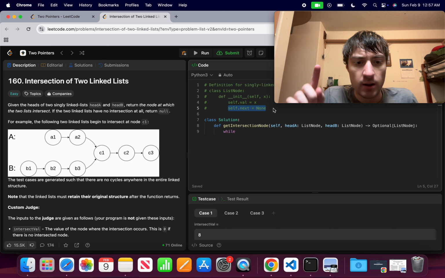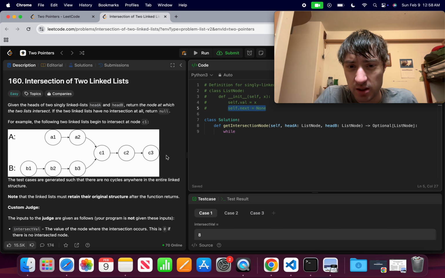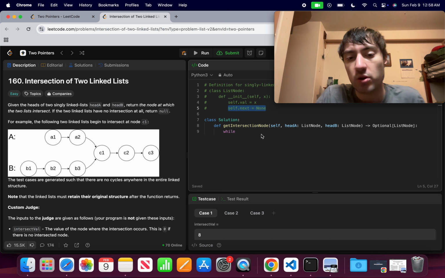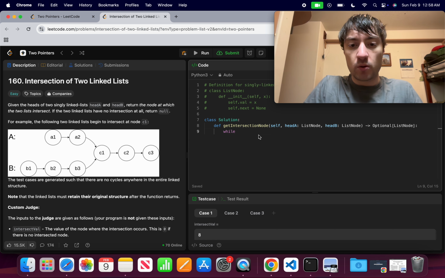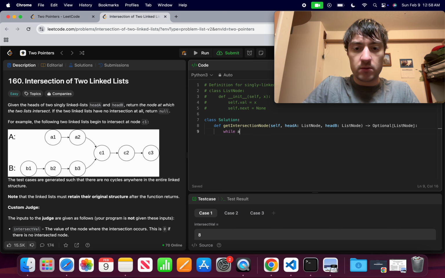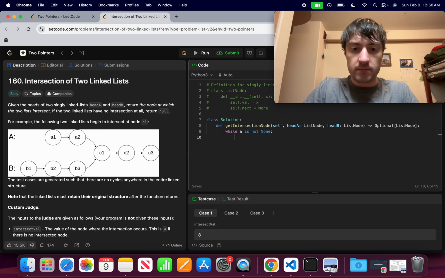So if I'm here and then I go to the next, then my pointer is going to be at none. So that's how I can know that I have a stopping condition. Okay, so while A is not none,